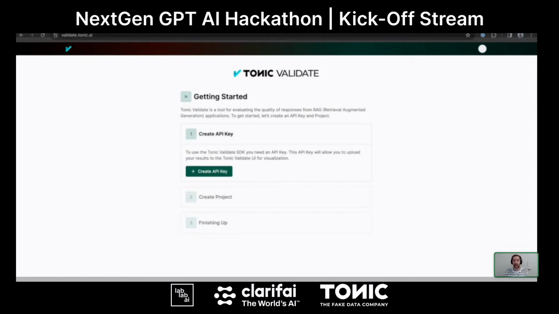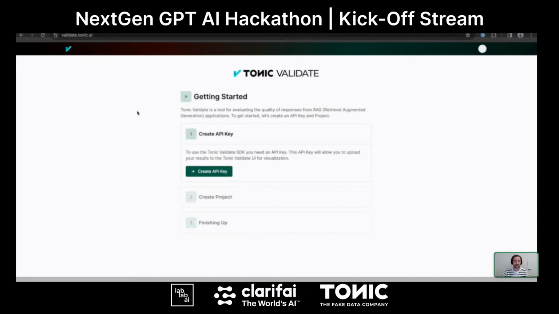As Adam mentioned, Tonic Validate is for improving your RAG system. If you're building a RAG system or RAG application and you want to improve the quality of the answers of your RAG application, then Tonic Validate provides metrics and a way to track experiments that you do. So let's see how we can do that in a super simple example that I'm going to show in this getting started workflow. And then I'm going to show what Tonic Validate looks like after I've used it for a little bit and done a couple different projects.